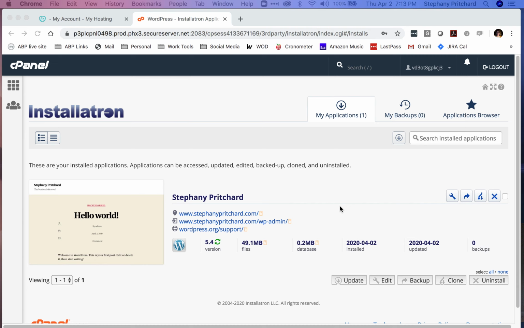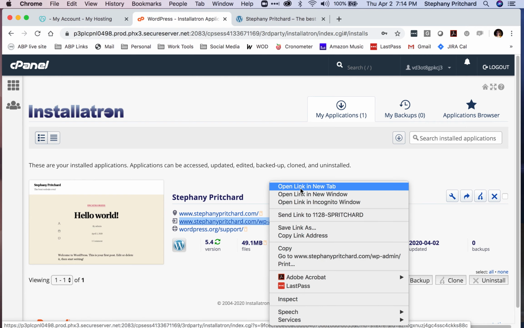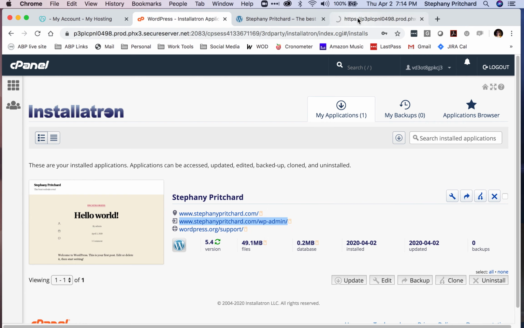Awesome. Okay, so mine is complete, and we land on this page. A few things that I want to point out to you on this page are these two links right here. This top one is your domain. That's your actual website. I'm going to right click and open that in a new tab just so I have it. And then this other one is basically your website /wp-admin/. That is how you log in to manage your website. So when you want to work on this project, you're going to need to go to this second one right here, your website name /wp-admin. I'm going to open this one up in a new tab as well,